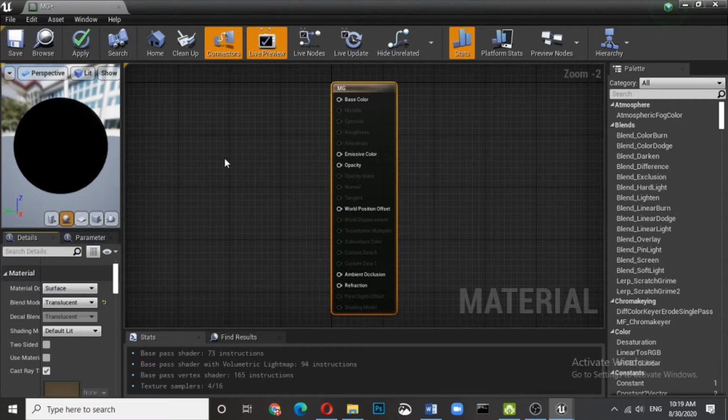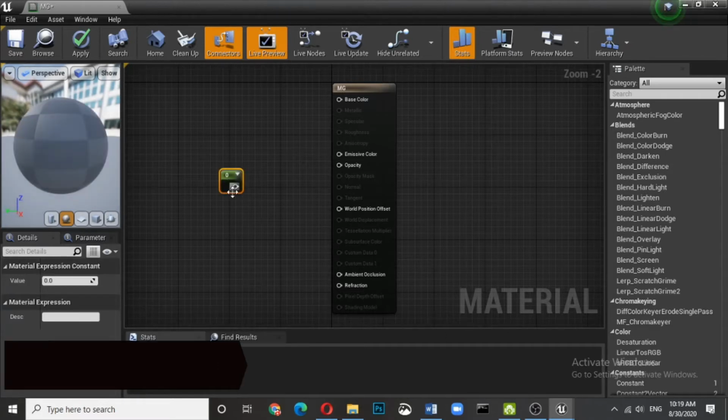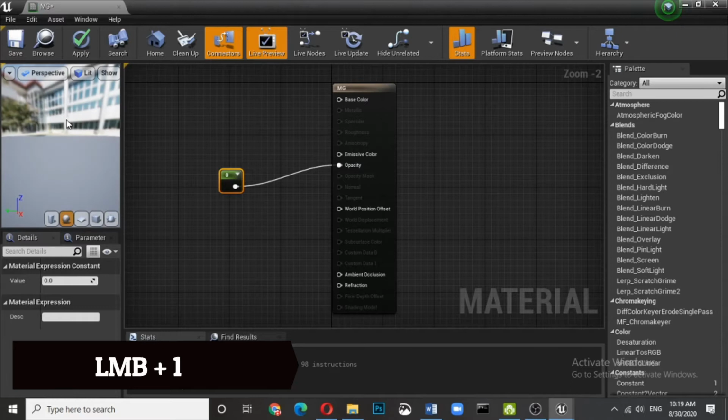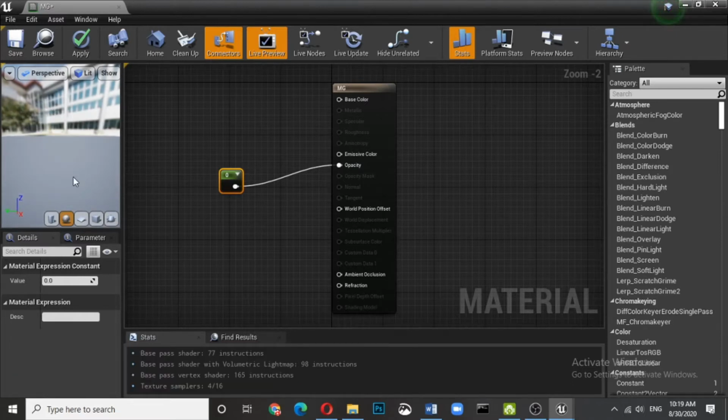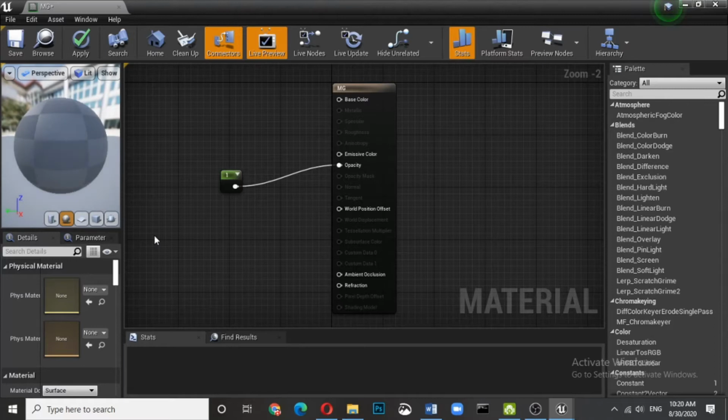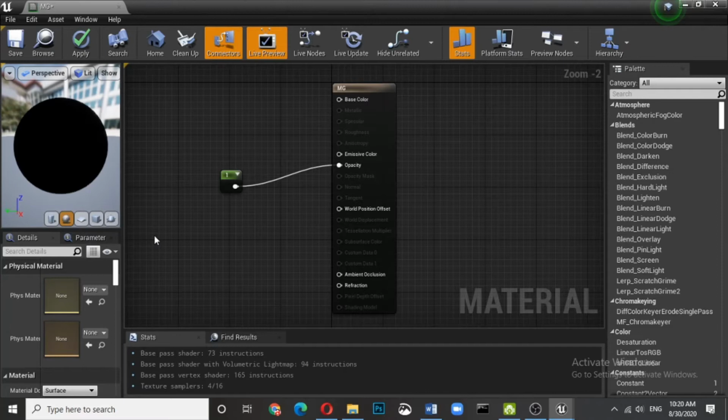So let us understand what we can do. So what we can do is we can keep one vector again, press one and click. See what kind of changes can happen. Opacity, you can see the changes. You don't see it. That means it's not at all opaque. And the moment you make it one, it is opaque. So what is opaque means it will never pass light and it is not transparent.